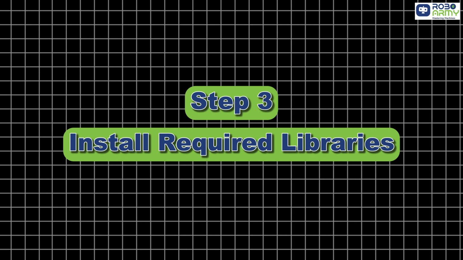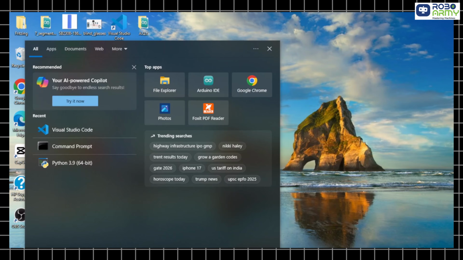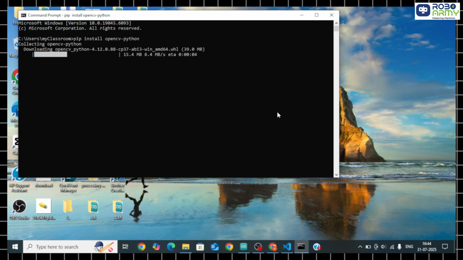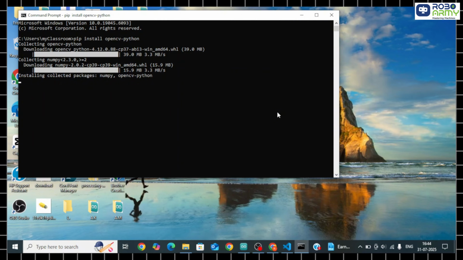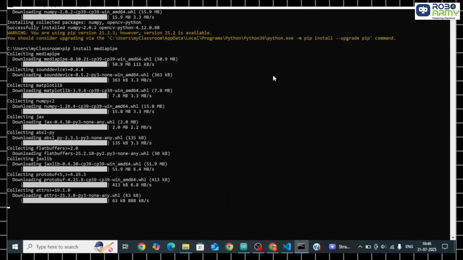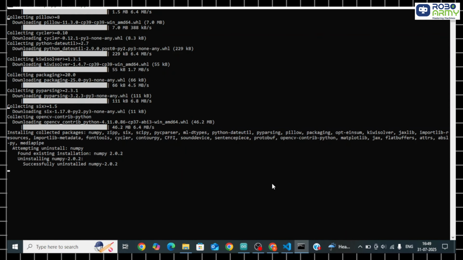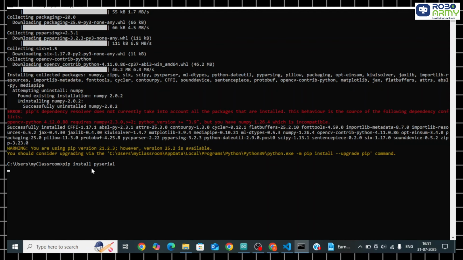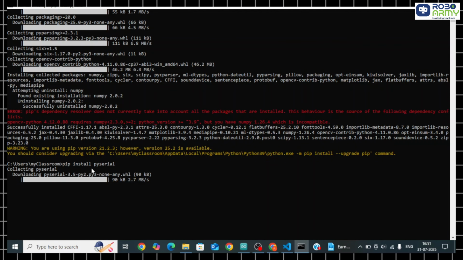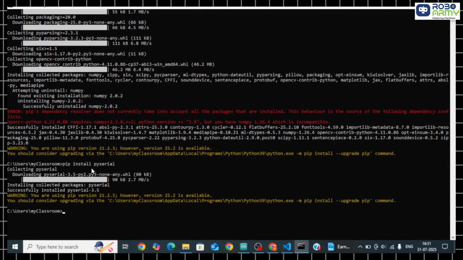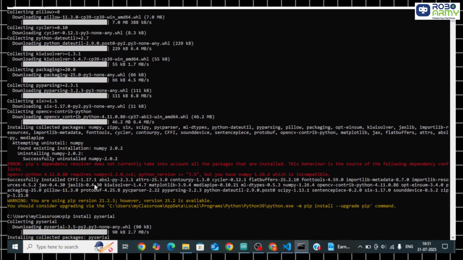Step 3. Install required libraries. Now let's install 3 Python libraries we'll be using here. Open command prompt and type these commands one by one. pip install opencv-python, click on enter, wait for installation. Now write pip install mediapipe and click on enter, wait for installation. And finally write pip install pyserial. Again click on enter and wait for installation. These install OpenCV for computer vision tasks, MediaPipe for hand and face tracking, and PySerial to connect Python with Arduino via